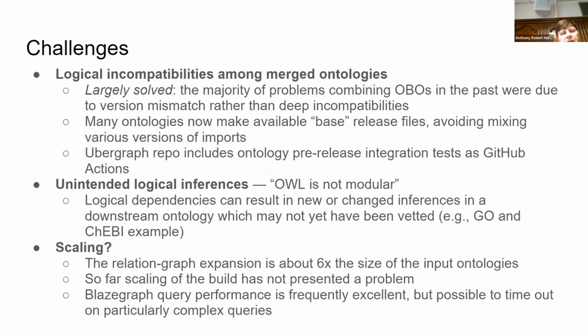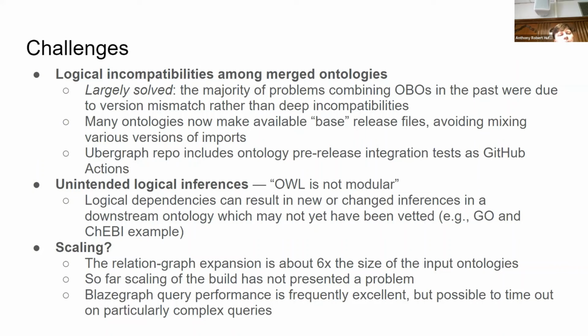So some of the challenges that we have run into, going back to something Rob mentioned yesterday in his talk, are logical incompatibilities that you run into when you merge OBO ontologies together. And so I really think that this problem is largely solved. We've done a lot of work on reasoning tools and QC workflows and everything with the ODK in the last couple of years that has really changed a lot of the production process of OBO ontologies. And so there are many fewer issues with missing axioms and connections up to BFO constraints and things like that. So we find those issues earlier now.